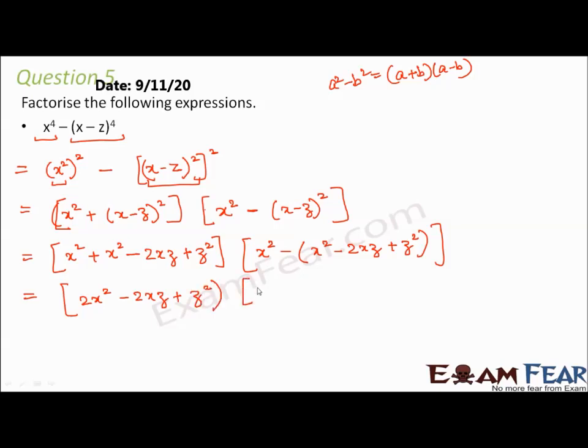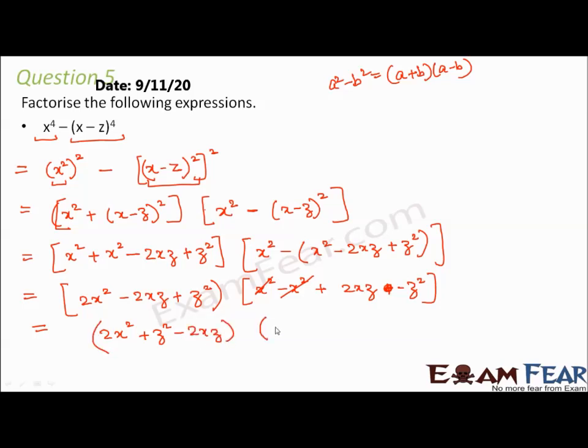And here it becomes x square minus x square plus 2xz, and minus into plus is minus z square. So x square minus x square would be 0. So this becomes equal to 2x square plus z square minus 2xz